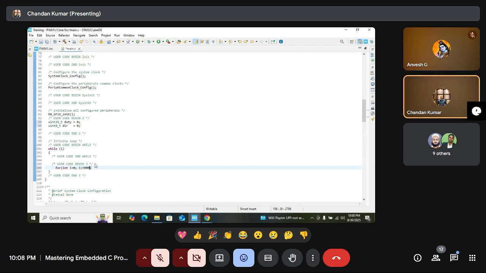So I will take I from 0 and it will revolve around 4000. You can change it, I will show you by changing it also. And increase I with 1, I plus plus. This will be used for software PWM. It will work as PWM, but it's generated by software, so I'm giving it a comment like software PWM. Now we will start this for loop, and inside this,